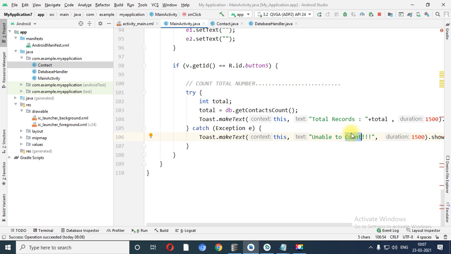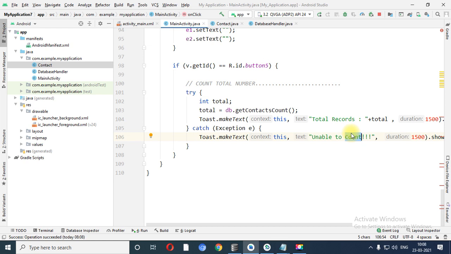Main activity and database handler both can be designed parallelly, right? So don't write the whole code of mainActivity.java first and then design databasehandler.java. You need to parallelly implement both the programs. Then only you will be able to understand the code between these two files. Both the files are connected with each other, right?